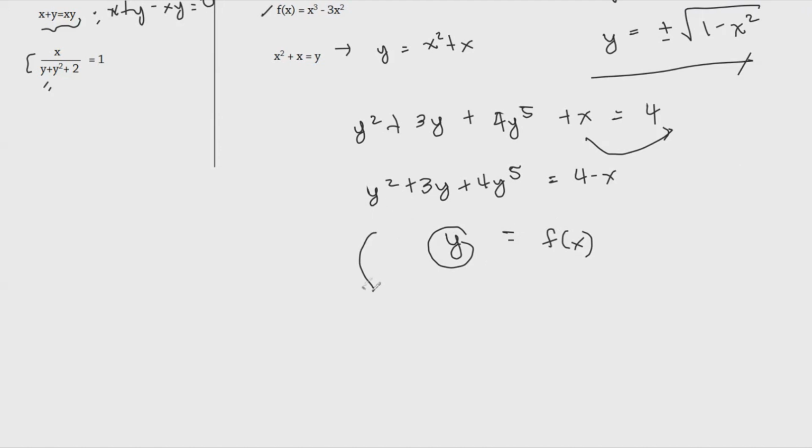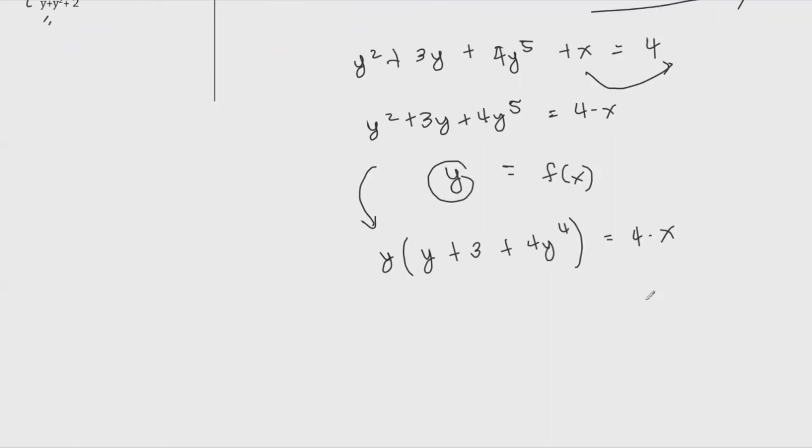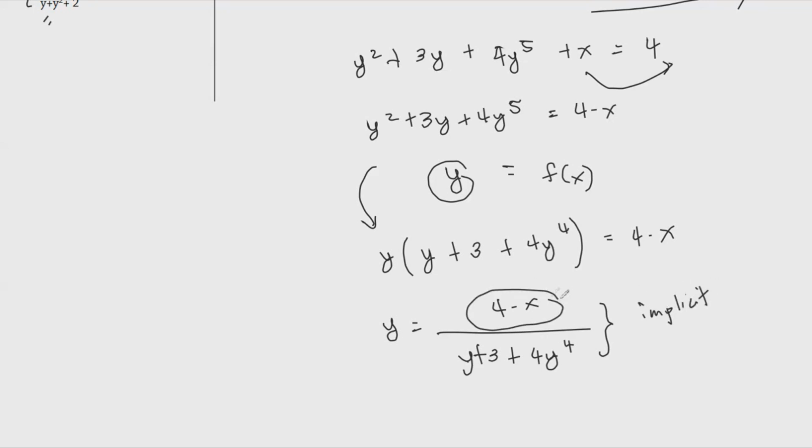Now from this, you may try factoring out y, so you'll be getting y times (y plus 3 plus 4y to the 4th), that is equal to 4 minus x. Now, if you would be rewriting this as y is equal to 4 minus x all over y plus 3 plus 4y to the 4th, then this is still an implicit equation, simply because yes, you have a numerator that is in terms of x or a function of x,